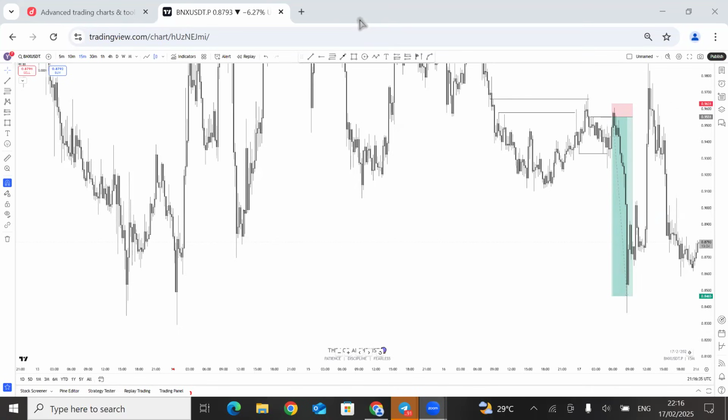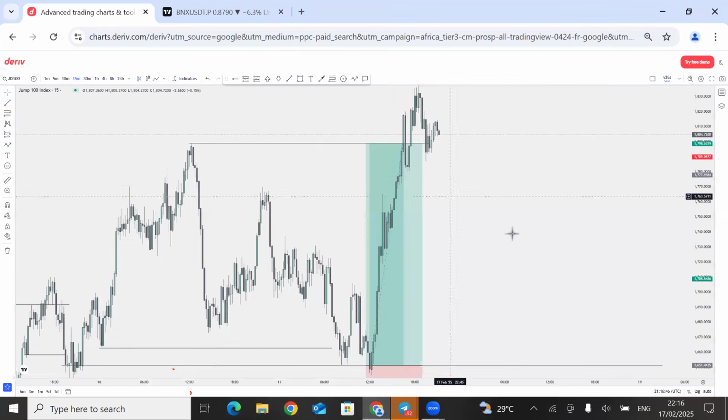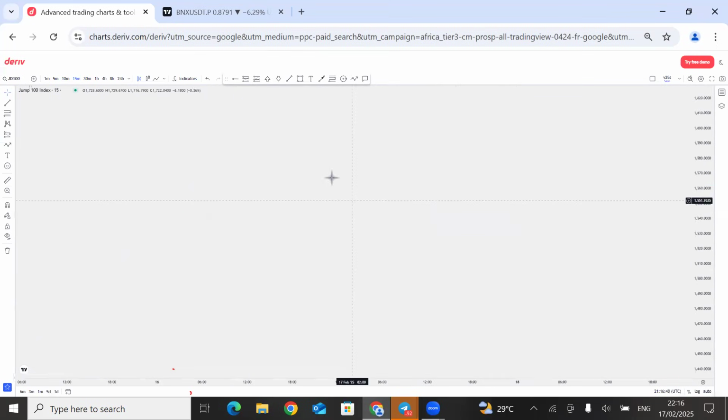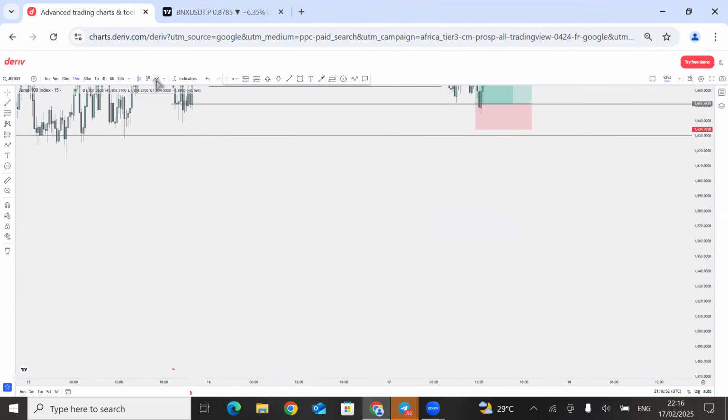When marking the A and V shape, do you only mark the opening and closure of the candle? Yes, very important. So now, let's go back here. When you're marking out your V shape and A shape, you mark the closing of any candle, not the opening. It's mostly the closing of the candle that gives you the V shape.